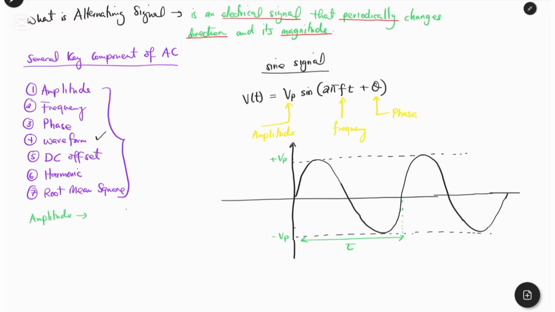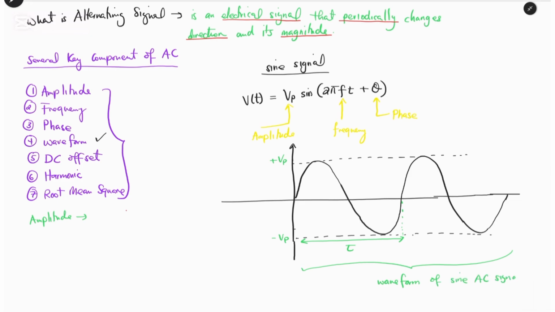By looking at this figure, we can see that the amplitude is the dotted line across the waveform. And this is the waveform of the sine AC signal. So with this understanding, we can define the amplitude as the maximum